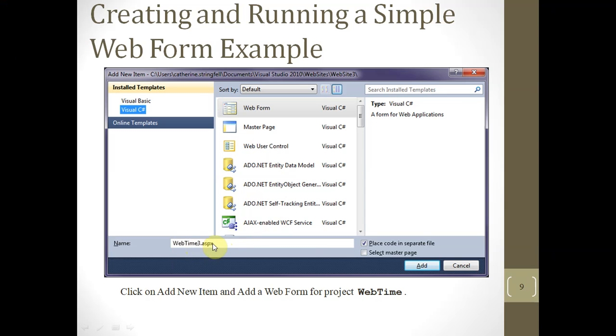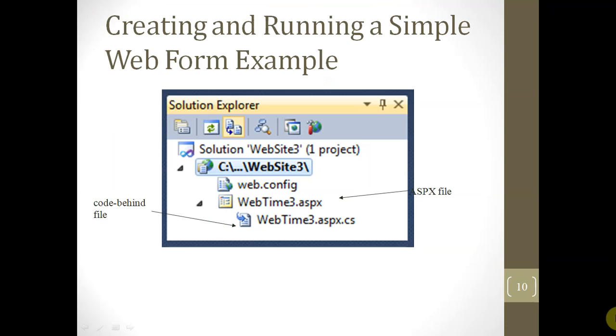As per the next slide, you can see this is the window, and we'll write here the name webtime3. This is the name of our ASP.NET file, and the extension of the file will be ASPX. On Solution Explorer you can see webtime3.aspx, and inside this we have a C# file also. Inside this ASPX file we'll write the C# code.